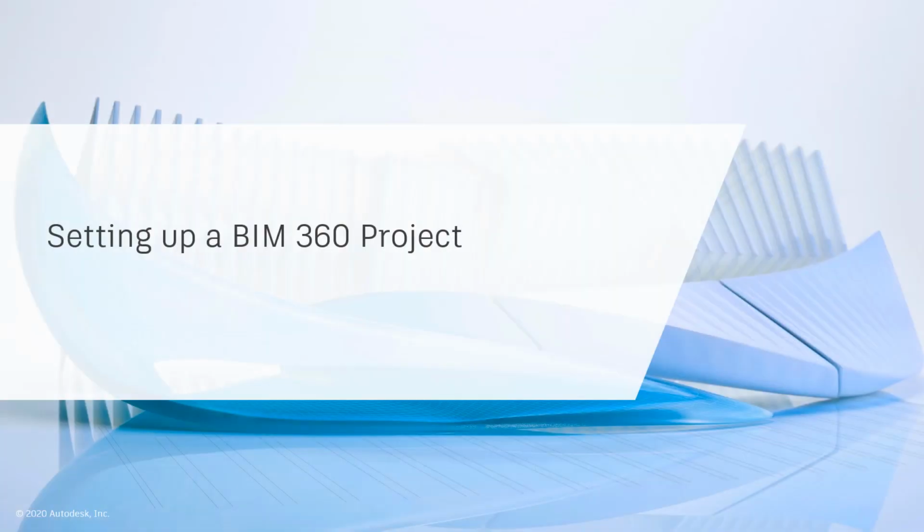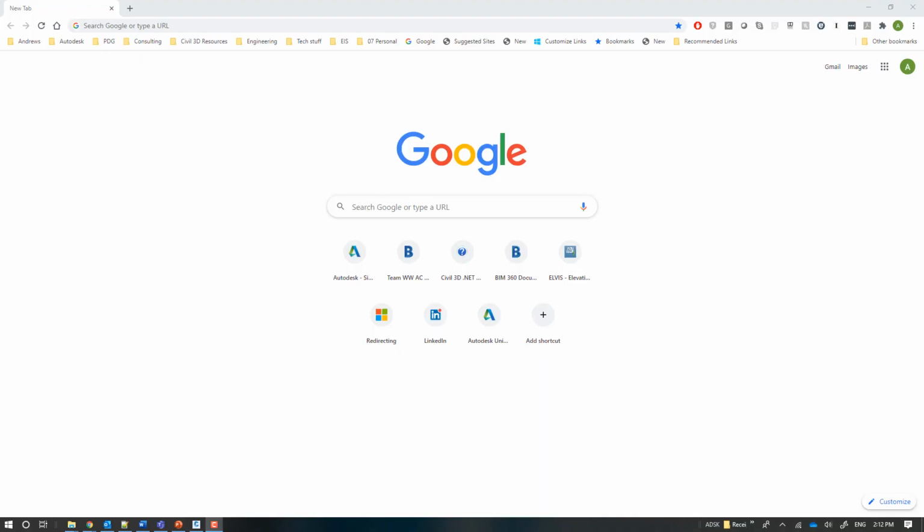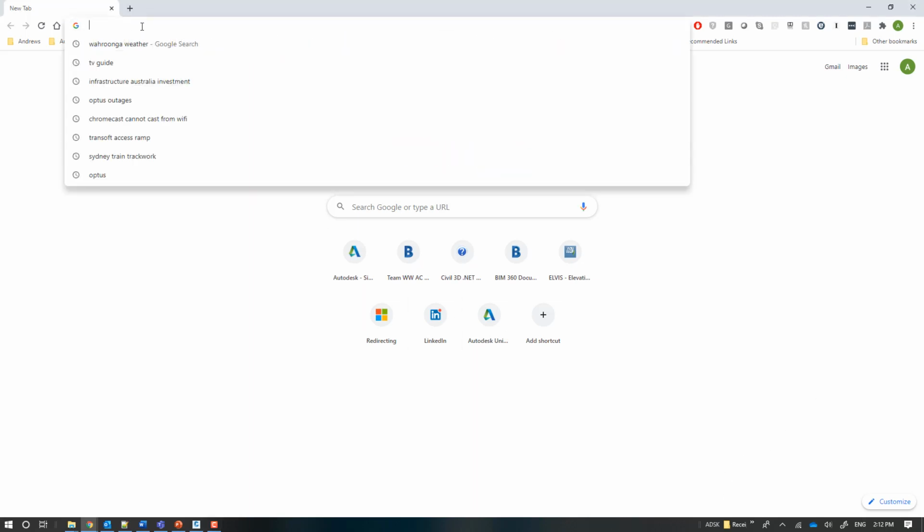So now we'll start looking at how to set up a BIM 360 project. Okay, so we're going to set up a new BIM 360 project. We're going to use a template in this example. So in order to actually achieve that, we need to get onto BIM 360. So we're going to set up our BIM 360 project. So I'm going to navigate to